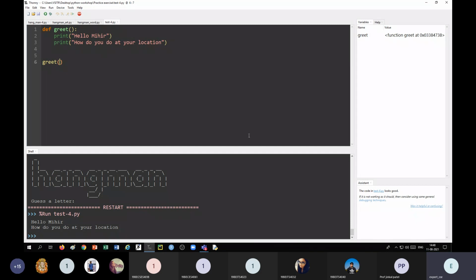But now actually I want to call it with two things, name and location. So these two are the variables. We should not worry about their type. Now let us take input.